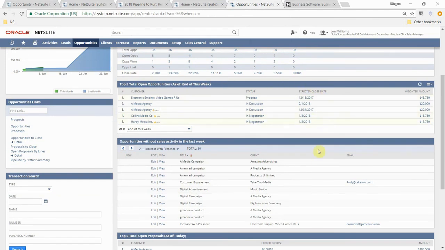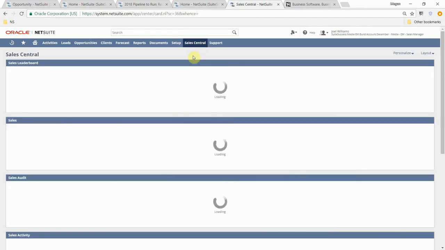And I like my sales team to be proactive in maintaining and reaching out with constant touch points for existing opportunities. I can see that all of these opportunities haven't been touched within the last week. Now I can proactively follow up with my sales reps to understand why they didn't reach out to this specific client regarding this opportunity. And then lastly, we can really just summarize everything into a sales central, one location to